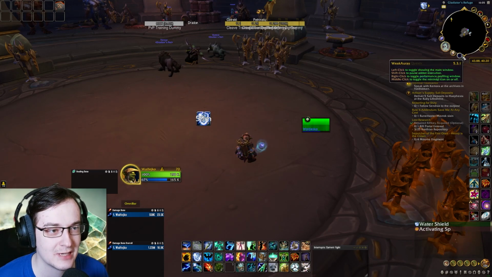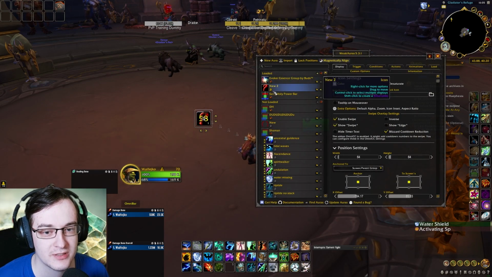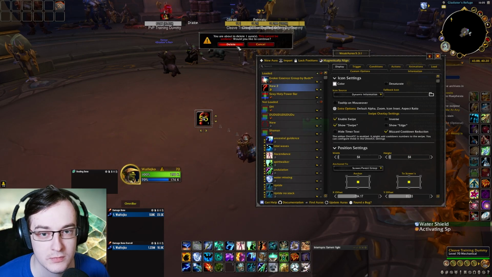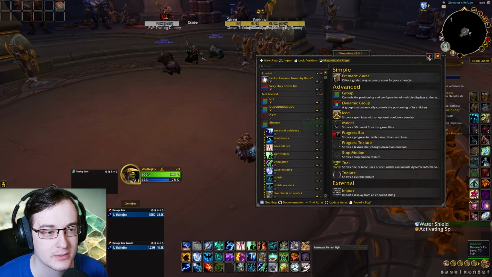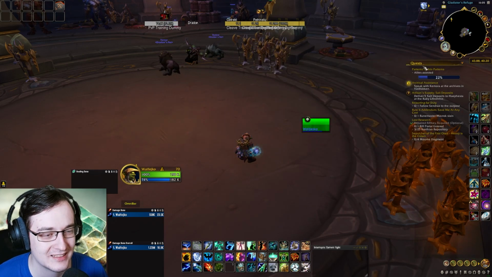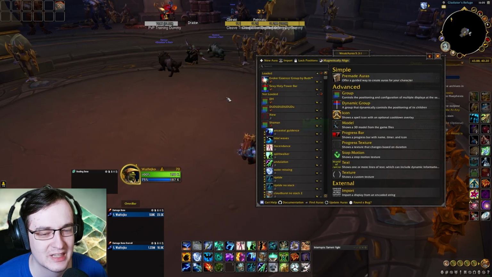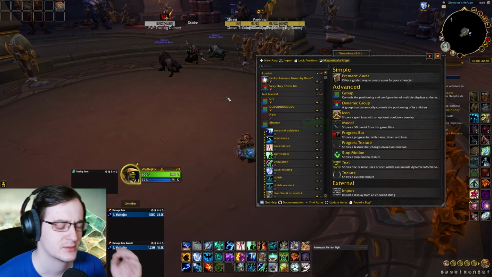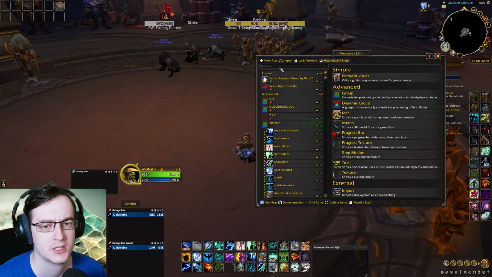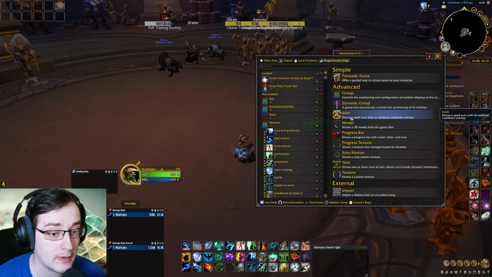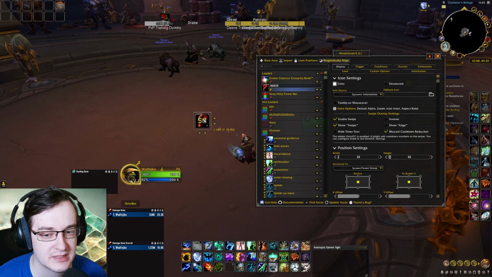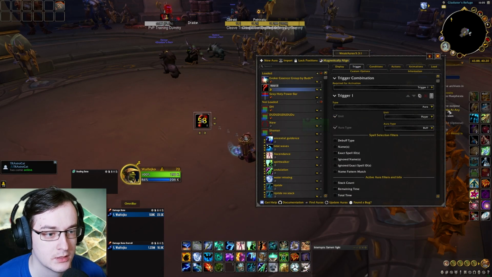It's nice to see how your shield is going, but I don't actually need to see it. It's always popping up. It's nice to see how the shield is going, but I don't need to see that the shield is up, because most of the time the shield is up. So what you want to do: new aura icon, you're basically starting the same thing, just move it a little,